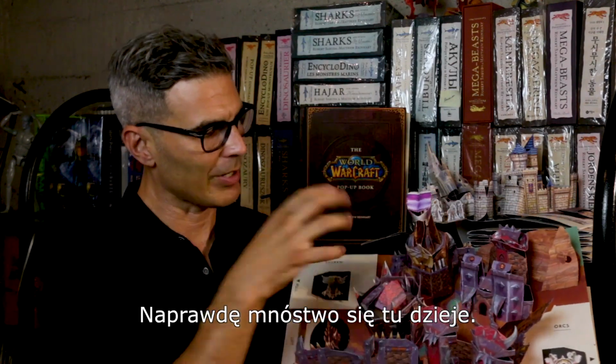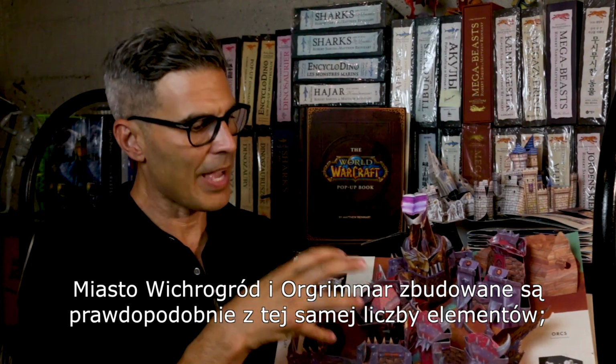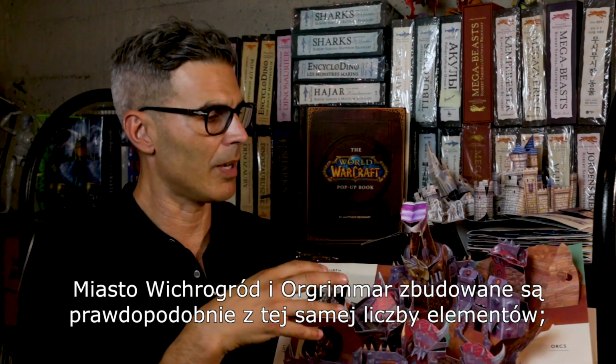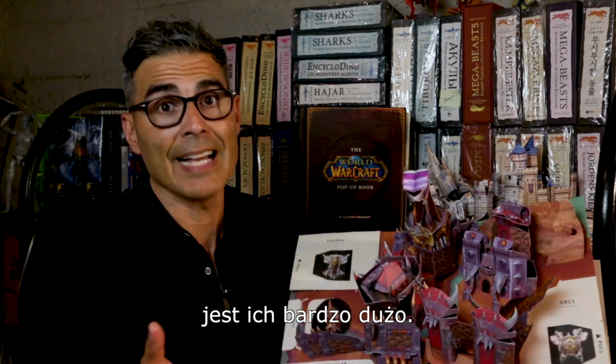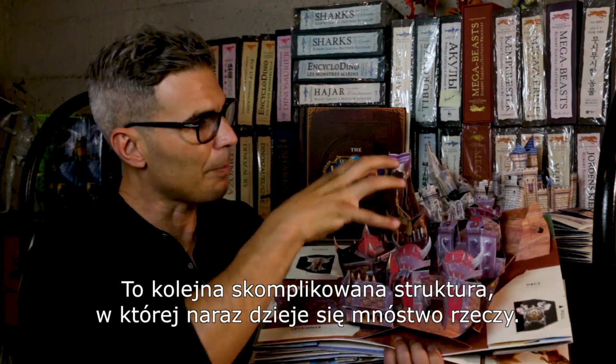So there's so much going on. And I think between this one and Stormwind, they both have probably the same number of pop-up pieces, which is a lot. I didn't count them all, but there's a lot in there. So each one of these is another structure where there's so much complicated stuff